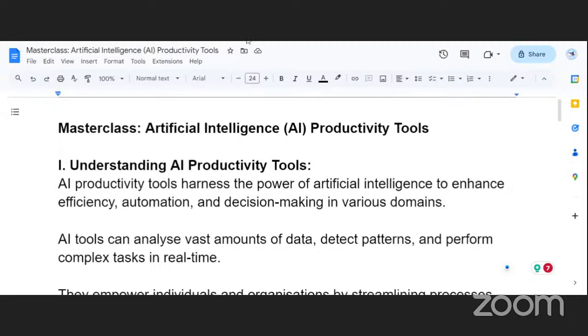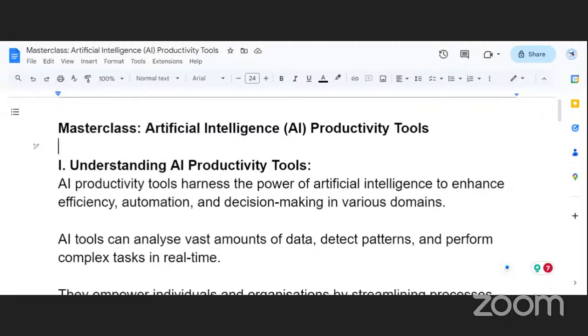Now, most of you might have heard of the debate, and in the news you might have heard a lot about artificial intelligence, most especially recently. So today we thought, why can't we discuss some of these tools? Why can't we share and see if we can learn from what each of us knows?